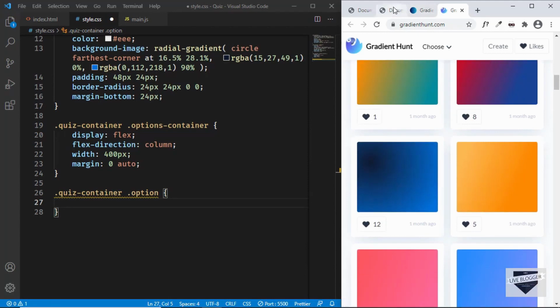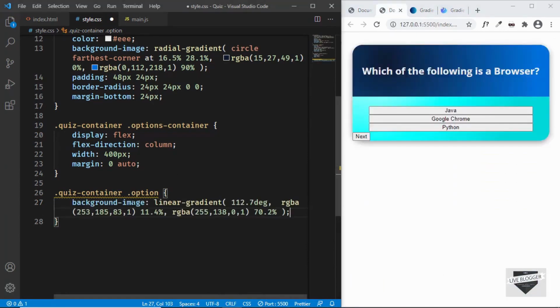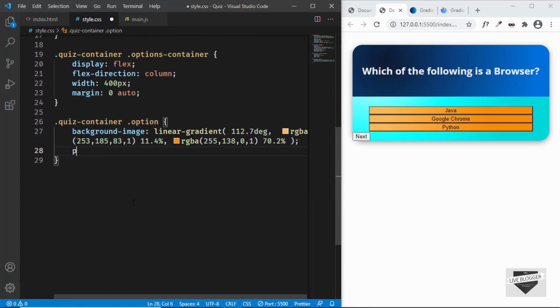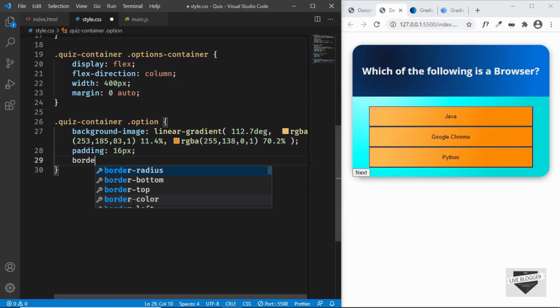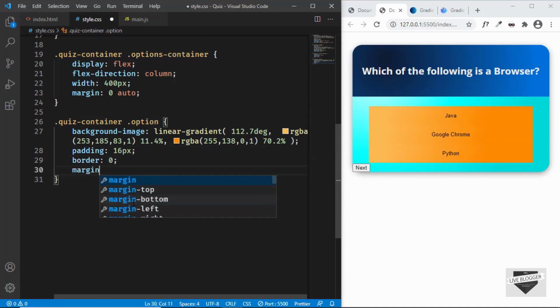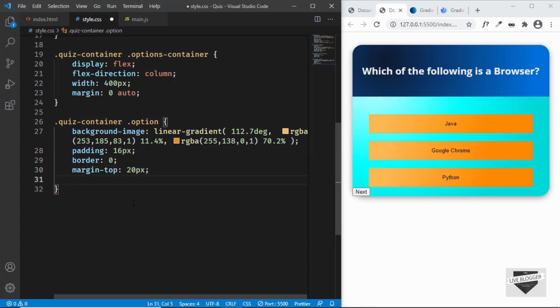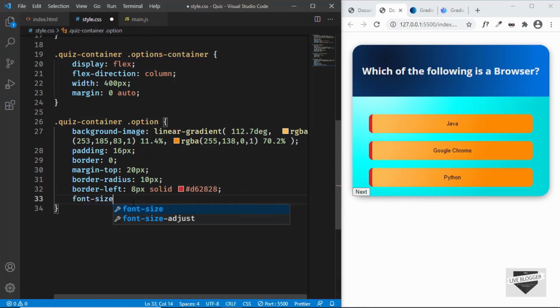Let's copy this and paste it over here, and let's add a padding of 16 pixels, and let's set the border to 0, and we will add a margin top of 20 pixels, and we'll set a border radius of 10 pixels, and we will add a border left of 8 pixels solid, and we will have the color as D62828,